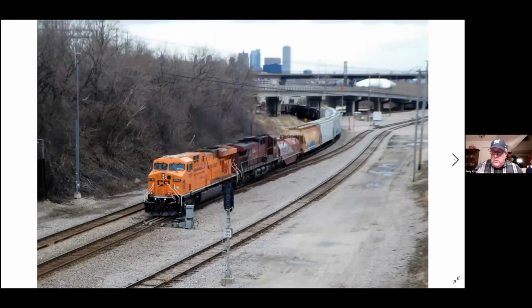Okay, this is a more recent one. This commemorates the purchase of the line to go all the way to the Atlantic Ocean, the old Montreal, Maine, and Quebec, or something like that. Anyway, this is CP 86